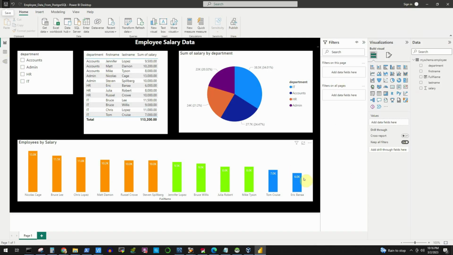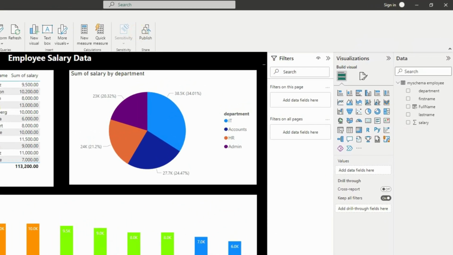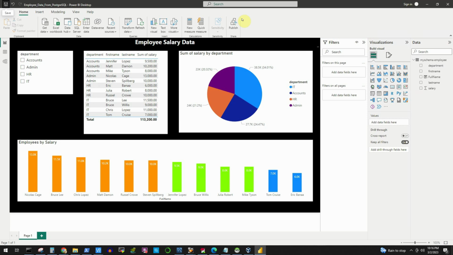report in your enterprise level, you can do so by clicking in this publish button. But in the desktop version of this software, this publishing option is not available. It has to be professional license for this software to publish your work at your organization level. But for learning purpose, this software is free. So I would say learn this software as much as you can and build your career in the field of